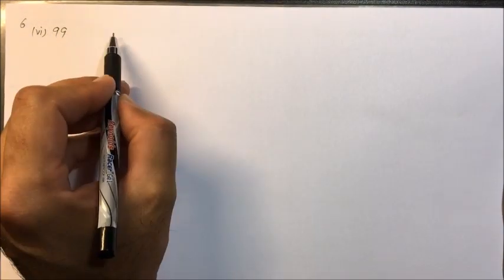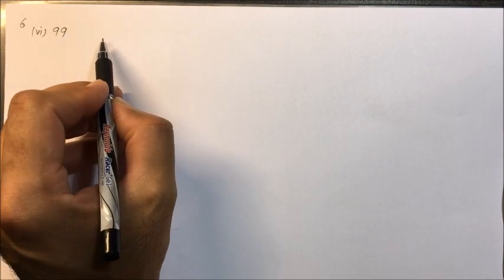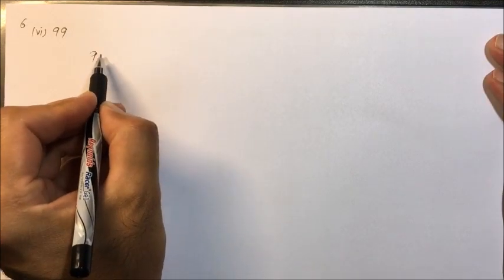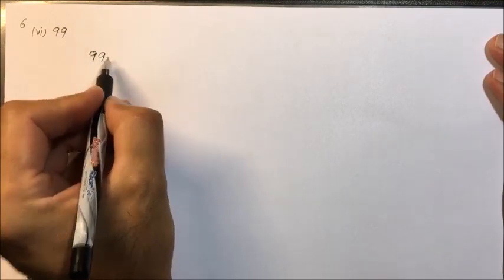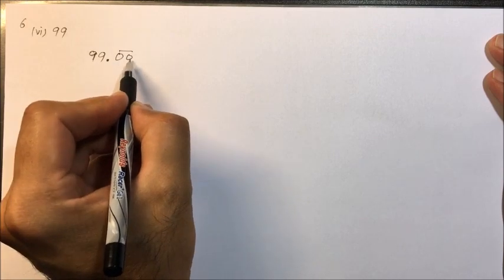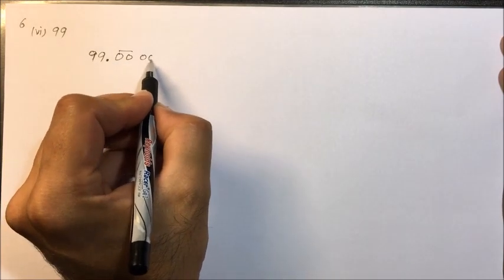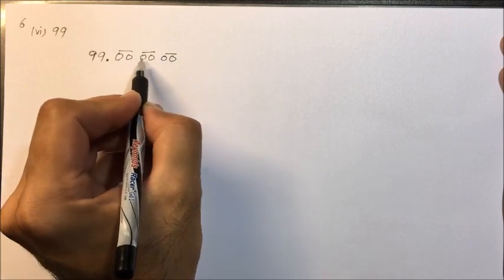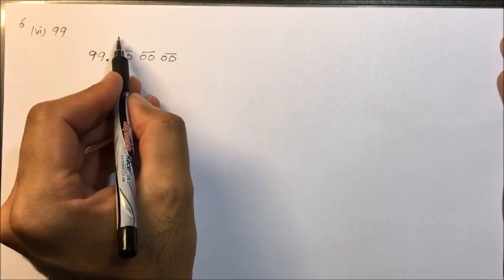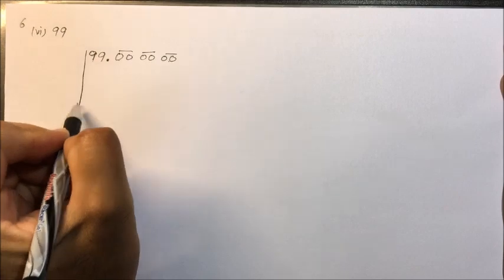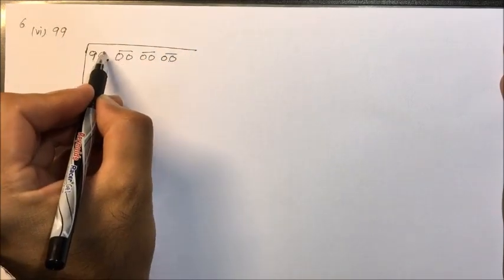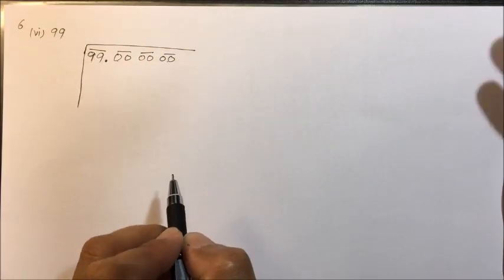Now we'll be taking the sixth, that is 99. So we have to find the square root of 99, and we have to correct it to 2 decimal places. So we will be finding its square root up to 3 decimal places. So how will we use the division method? 99 decimal, we will get 1 decimal place from this, second and 3. So from 3 pairs we will get 3 decimal places. And the pairs from this side, this will be the pair.